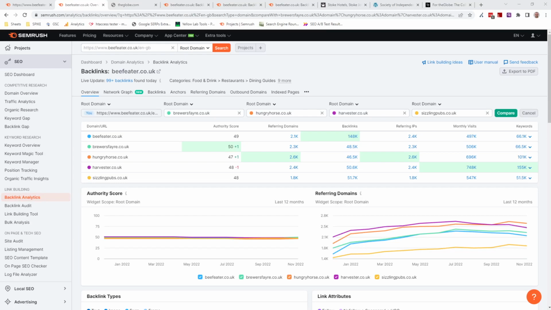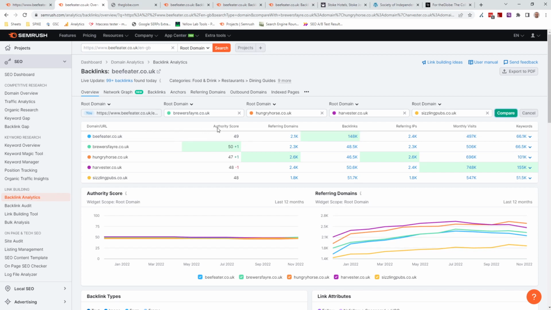Hello. So SEMrush has an awful lot going on in it, and it uses a lot of different terminology and names for things. And it's important to know and understand how reliable each of those things are and what they're referring to. So I'm just going to pull out some of the more common ones that you will come across.